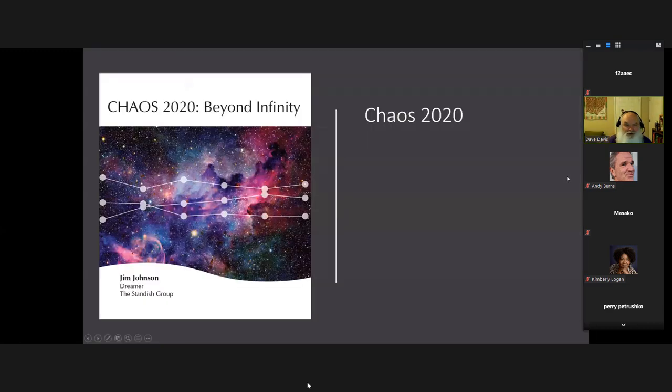So let's get in, and I'll start with a general idea. I don't know how many of you are familiar with the Standish Group, but they're considered a think tank, mainly in software development delivery, but they're pretty big, and they're a think tank in transformation in general. They've published a document, Jim Johnson was actually the person who did this, called Chaos 2020 and Beyond Infinity. And they build it off a concept that there's significant change every 20 years.